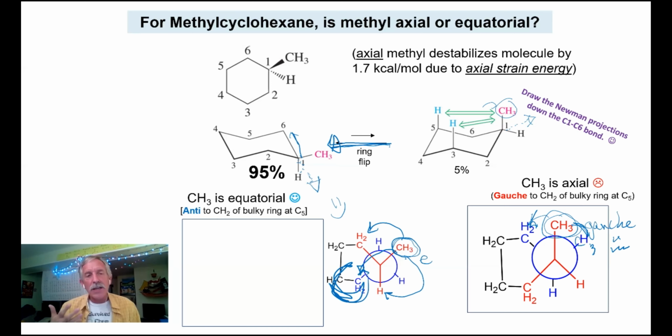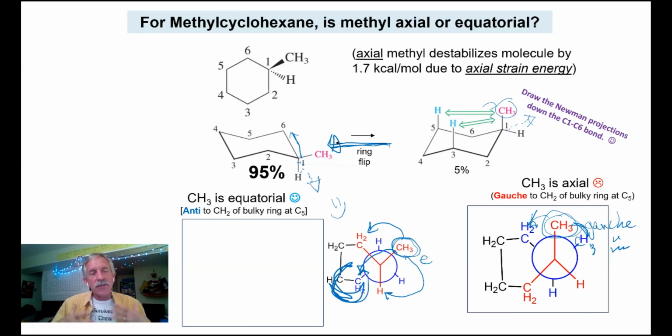Well, one thing I want you to know is different groups have different effects. And what if I gave you a cyclohexane ring with different groups attached to it? A CH3, a benzene ring. What if you could only put one equatorial and the other one not? How would you know which one to put equatorial? Axial strain energies